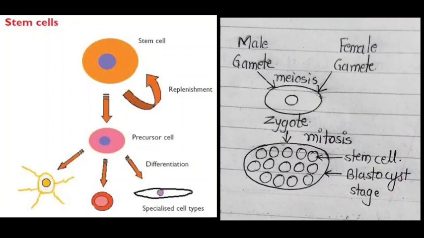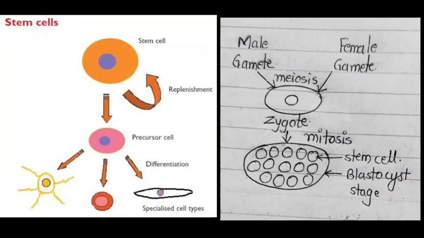During that mitosis process, it gets divided into multiple cells. These multiple cells make a mass of cells, and this mass of cells is called stem cells. They are almost alike, they are totally the same. During further development, these cells form any type of cells, different types of tissues, and they perform different functions in the body, and that is called the differentiation of stem cells.